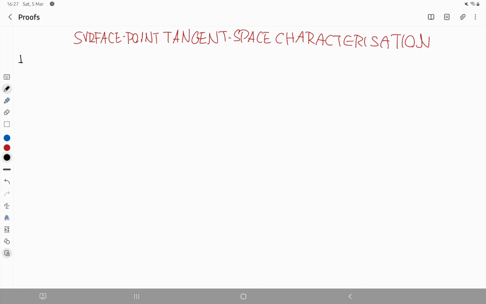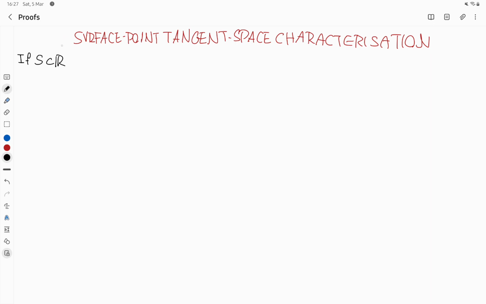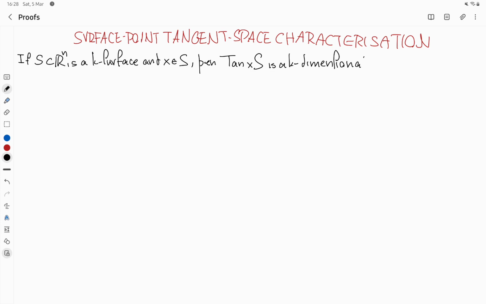So what's the claim? Well, if S, a subset of the n-dimensional real space, is a k-surface and x is some point contained therein, then the tangent space at x of the surface S is a k-dimensional linear subspace of the n-dimensional real space. If, moreover,